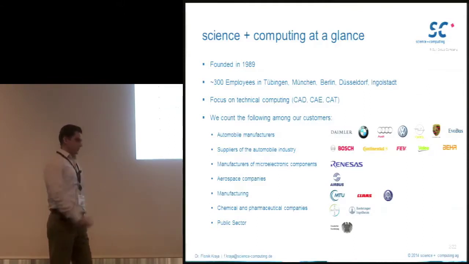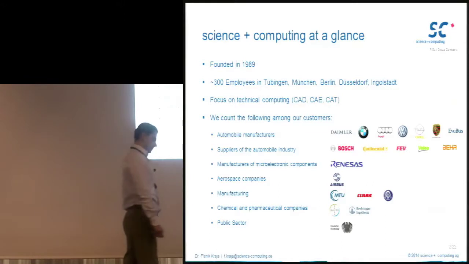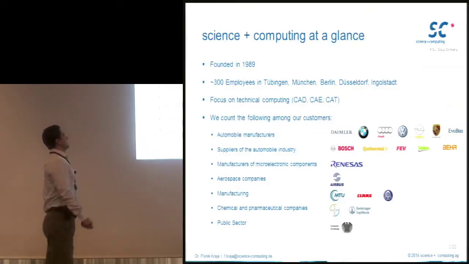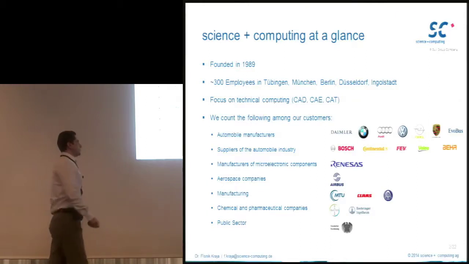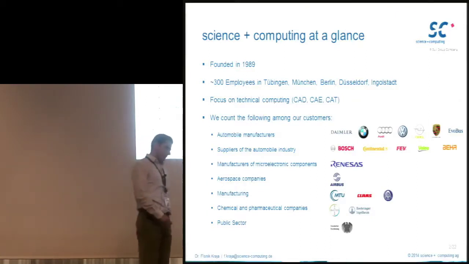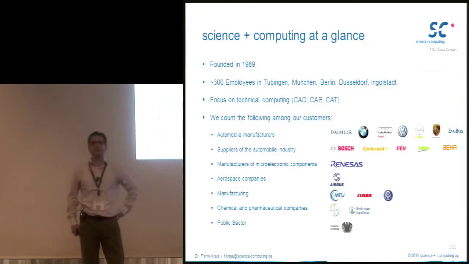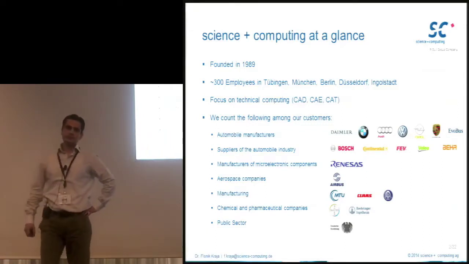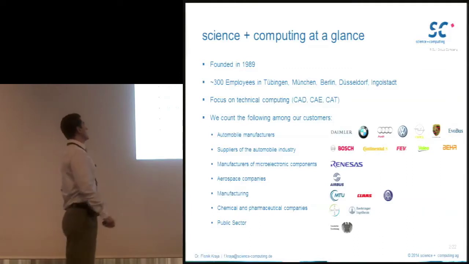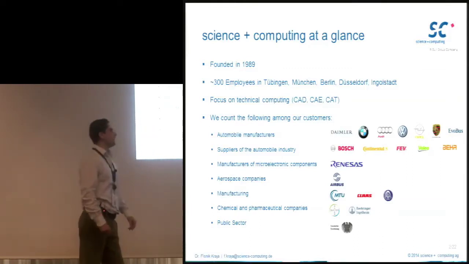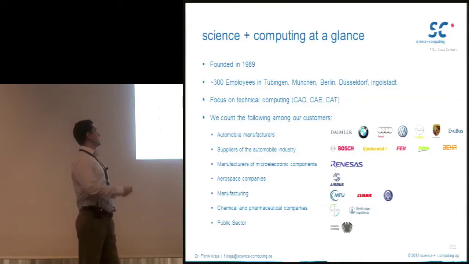It has nowadays around 300 employees in different locations, main location in Tübingen, other locations in Munich, Berlin, Düsseldorf and Ingolstadt. We are mainly focused on technical computing, so it's not only high-performance computing or graphical computing, but mainly on technical computing, which includes every direction of computing, but mainly CAD, CAE, and CAT